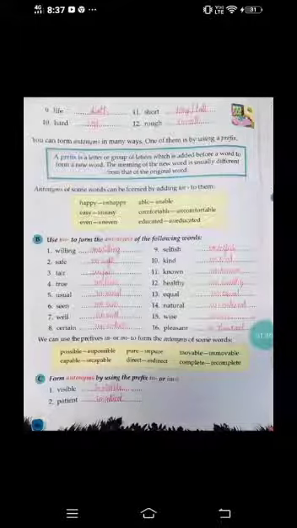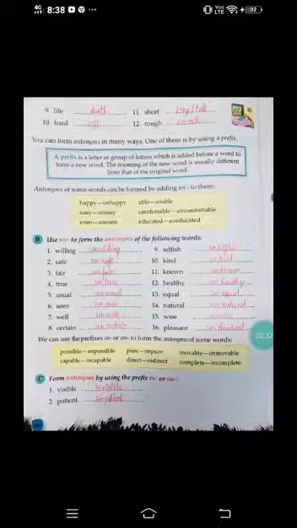Next, in B bit, we have seen that we need to add the prefix un before the word to form the antonym, right? Willing, unwilling, safe, unsafe, fair, unfair. Like this, you have added un before the word to form an antonym. Next, in today's session, let us learn more about antonyms. As we have seen till now, we can frame an antonym by adding un before the word, right? Today, let us learn more. Not only by adding un, we can form a new antonym by adding in or im.